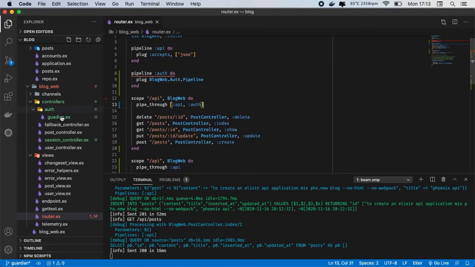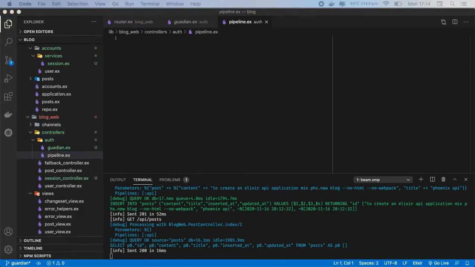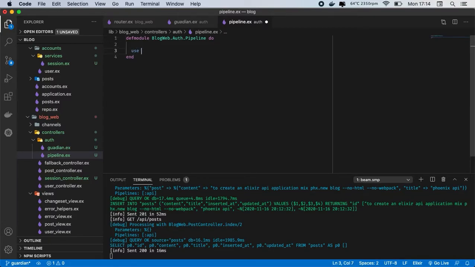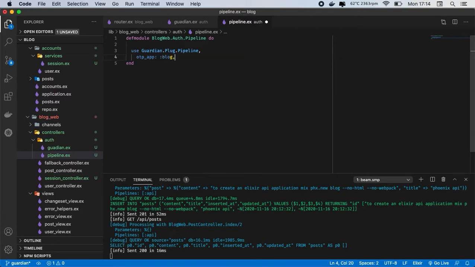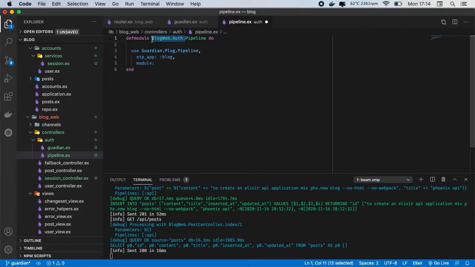From this case, we don't have the file, so let's create a file here, which is pipeline.ex. In this file, because we are using plugs, we are going to pass some information like verify session, header, and ensure that the user is authenticated. So let's define the module BlogWeb pipeline. In this case, we can use the Guardian plug pipeline. OTP app is blog. Also module is going to be Guardian. I think we can import using the alias here, and now you can pass in like Auth